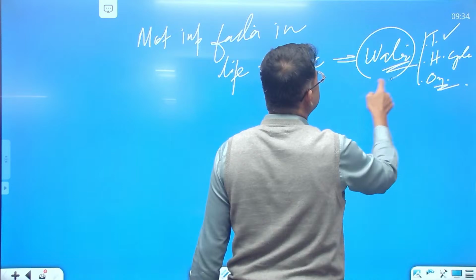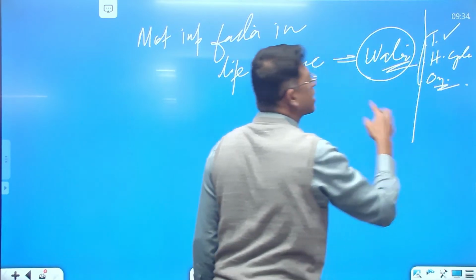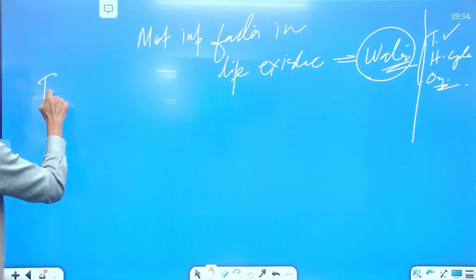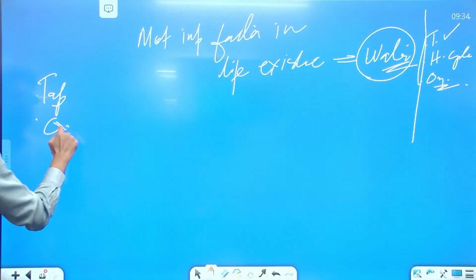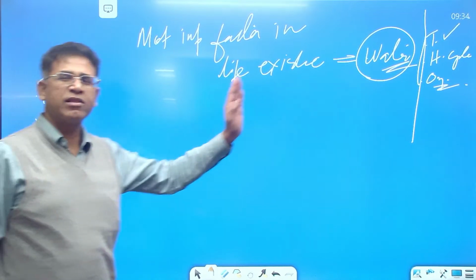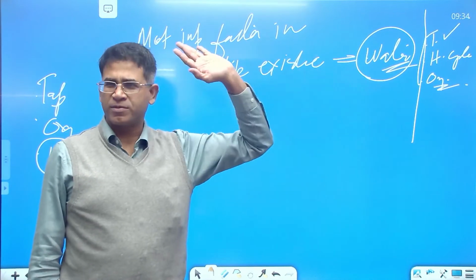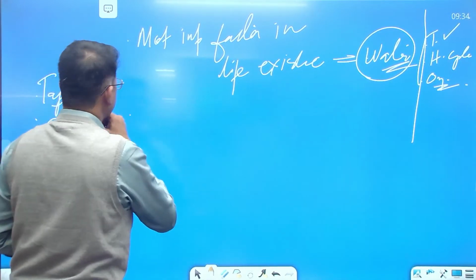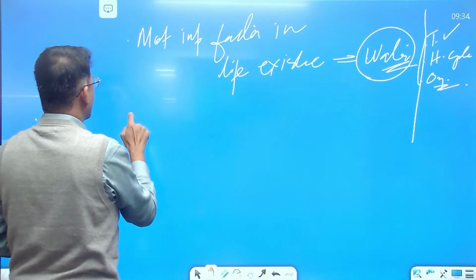Water is considered to represent all the other conditions for life. So life के लिए हमें क्या चाहिए? Good temperature चाहिए, हमें oxygen चाहिए, and we need water. But अगर water मिल गया आपको, all others also fall into place. ठीक है? Now, for this, there is a term called as